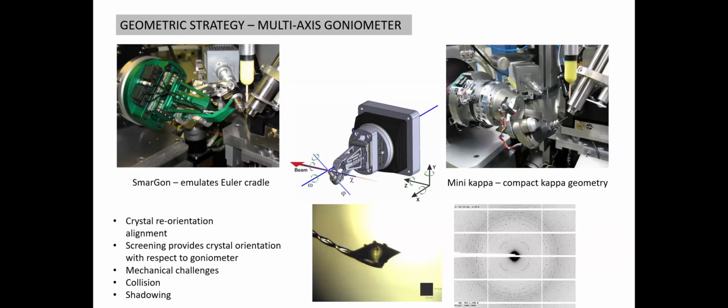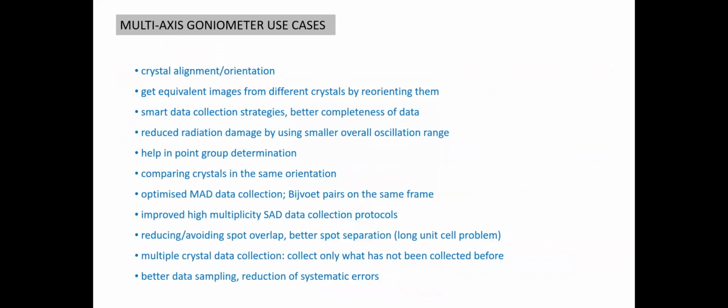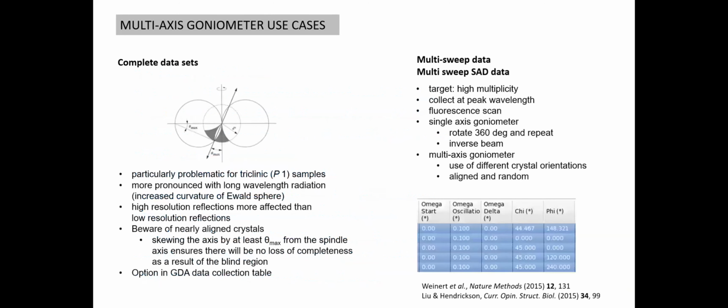And these multi-axis goniometers allow you to reorient the crystal. For instance, you can align the crystal with respect to the rotation axis so that you can see symmetry-related reflections on the same frame. They come with some mechanical challenges. There's always the potential for collision or shadowing, so some things that the beamline scientists need to be aware of. There are many use cases for multi-axis goniometers. I can't go through all of them, but today I would say the most common use case is